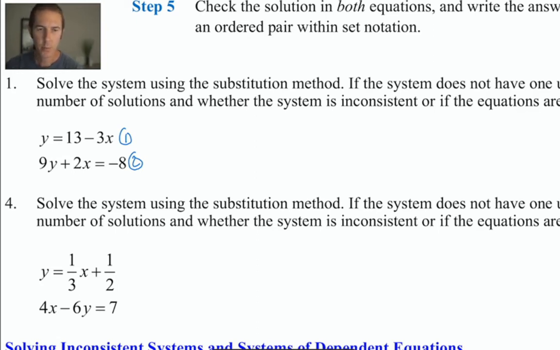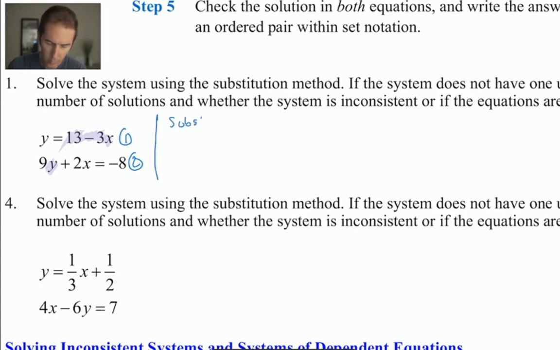And the substitution process looks like this. You'll notice that the first equation says y equals. And in the second equation, our y value is kind of tangled up in there on the left-hand side. So what I'm going to do is take the y value that is 13 minus 3x, and plug it in or substitute it in here in place of that y value. I don't have a lot of space unfortunately, so I'm going to be working horizontally across the screen, and I'm going to